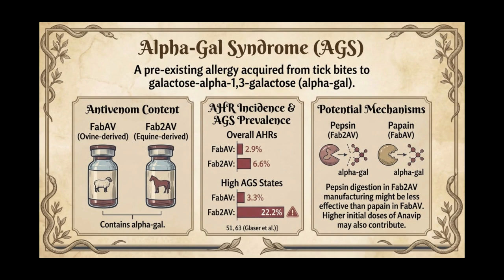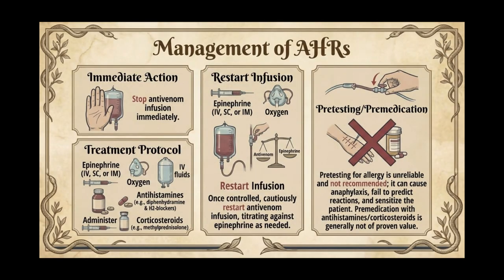This suggests that considering lower off-label doses for less severe cases might help reduce the likelihood of adverse reactions. It is important to note that allergic hypersensitivity reactions can occur on a person's first exposure to the antivenom and are not always mediated by immunoglobulin E antibodies, making them unpredictable and challenging to anticipate. Management of hypersensitivity reactions related to antivenom involves immediate discontinuation of the infusion if an adverse reaction occurs.